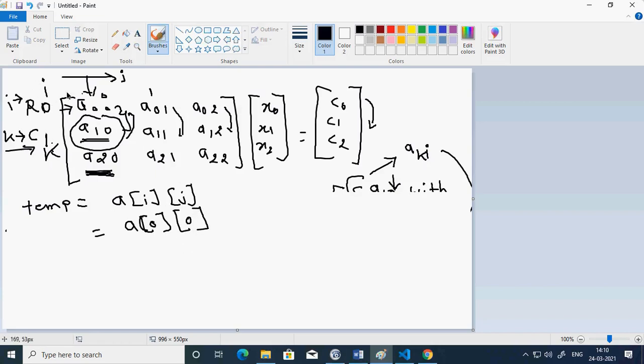So a 0 0. That means this value. So this is the value I got as a temp.